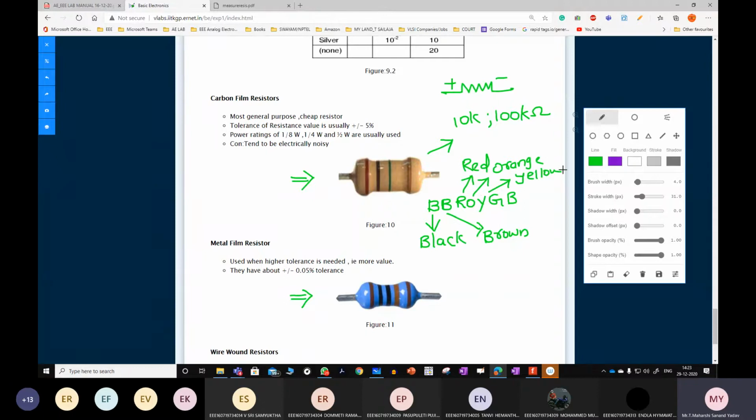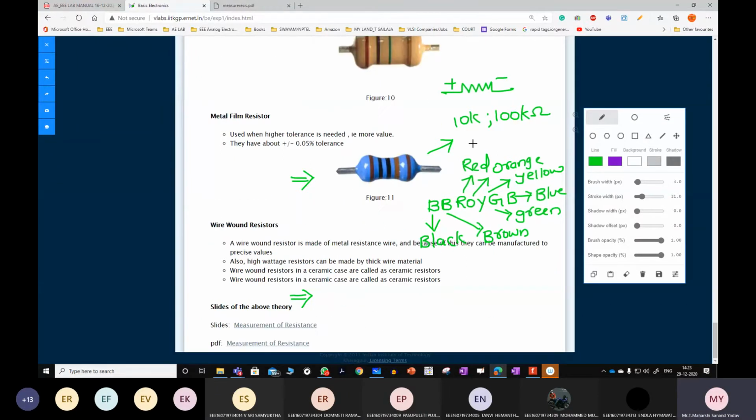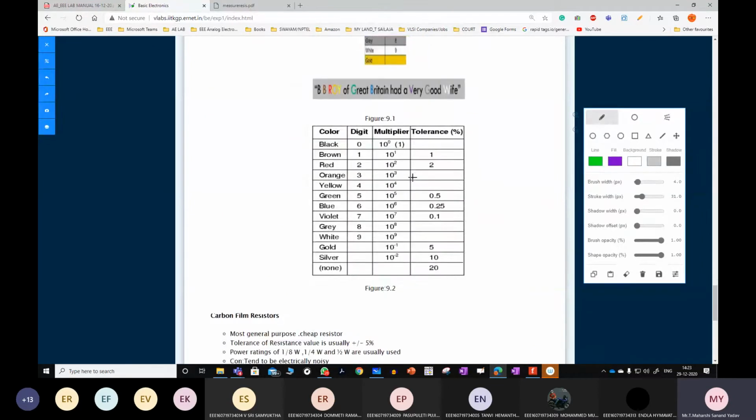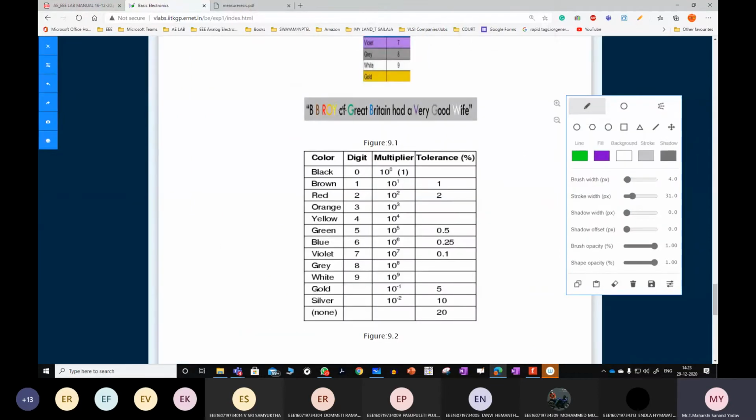G, green. B stands for blue. You can remember it like this: BB Roy, Great Britain, very good wife. So in the short format, BB ROY, next GB, and very good wife.